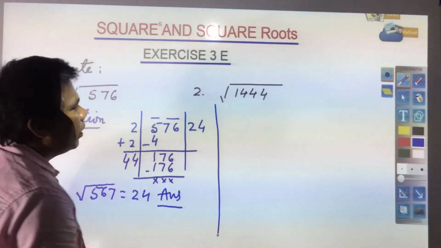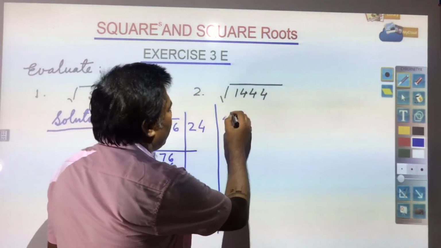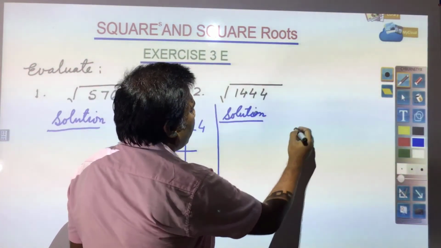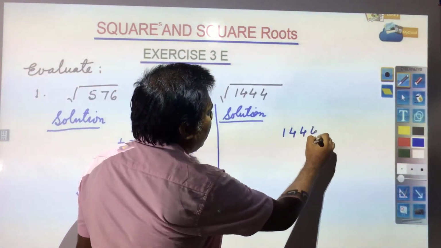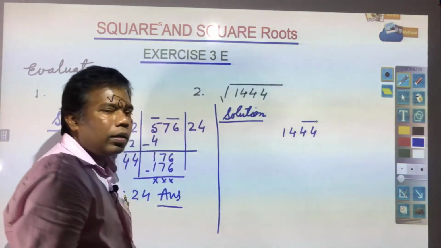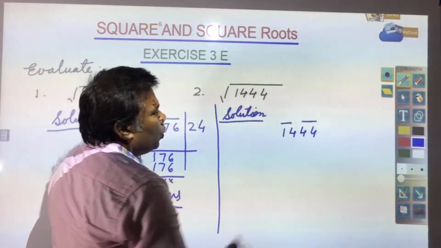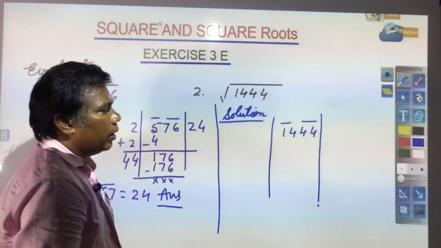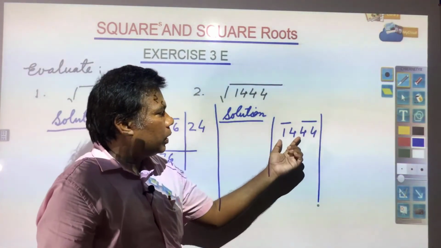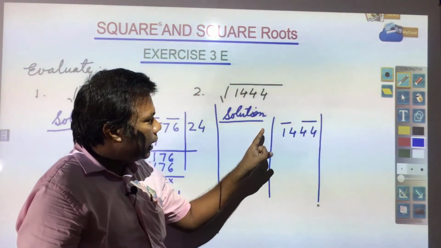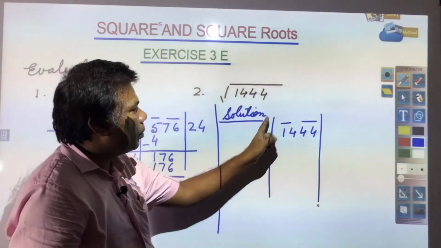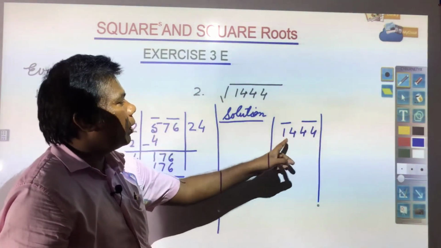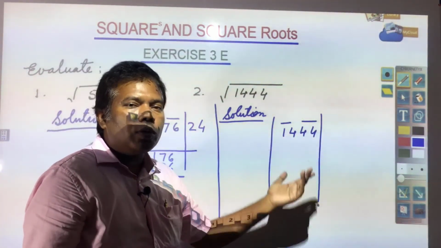Next question you see, 1444, the same thing is required to be done. Here you see 1444, from the extreme right we need to start pairing. 2 periods you have, the first period you have is 14. So, now we need to see by which number it should be multiplied. In the divisor, what number we will keep, that number will be multiplied by the quotient and the same number it should be, so that you can get 14 or about 14.